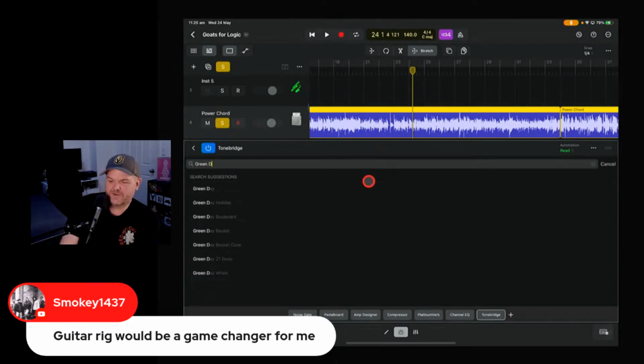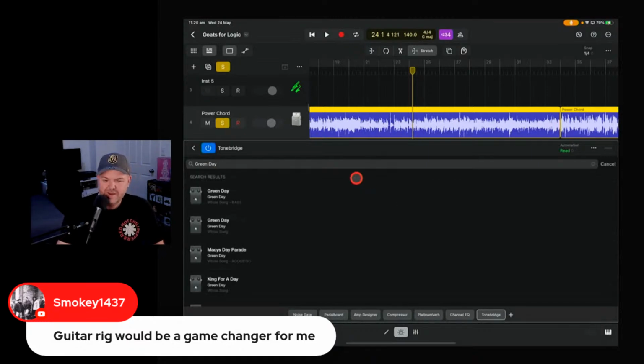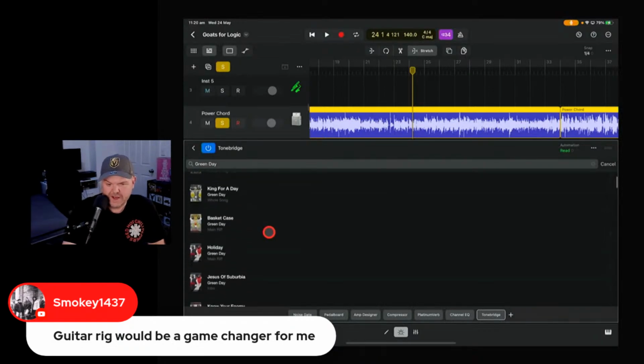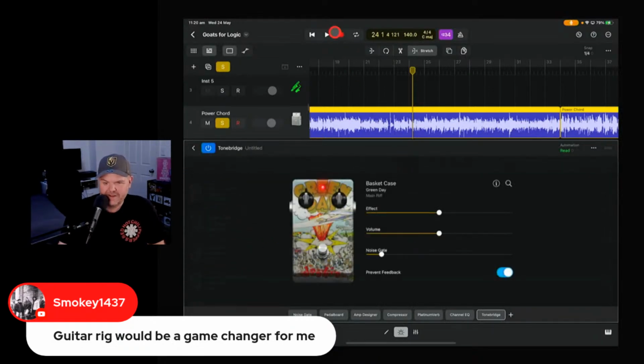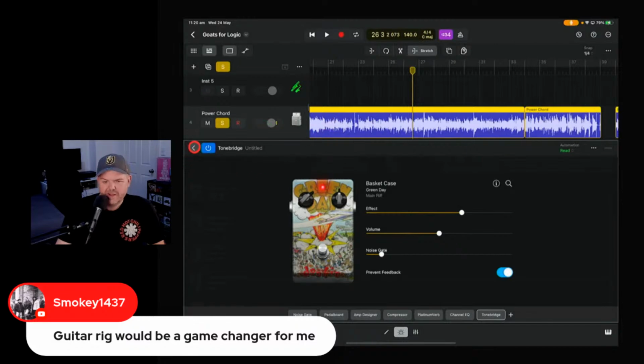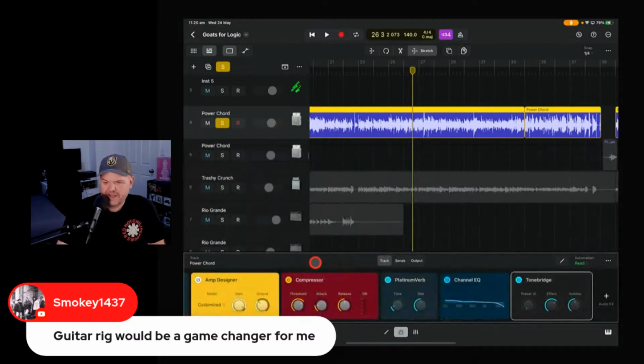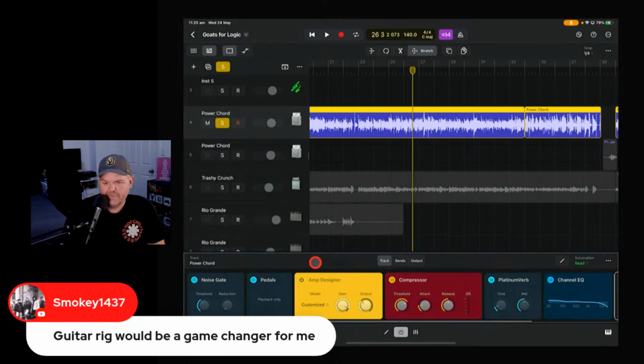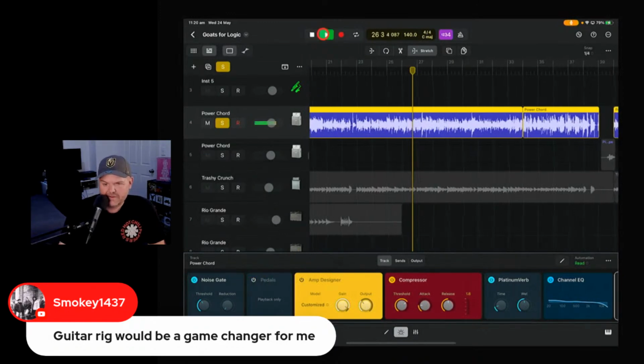Like if we search out a Green Day patch, for instance, because they're one of my fave bands, let's go and throw on Green Day's Basket Case, and then we can get something like this. And of course, it's a bit intense because Tonebridge is kind of designed to replace things, so you'd probably want to turn off your Amp Designer and maybe even the pedals and take a listen.